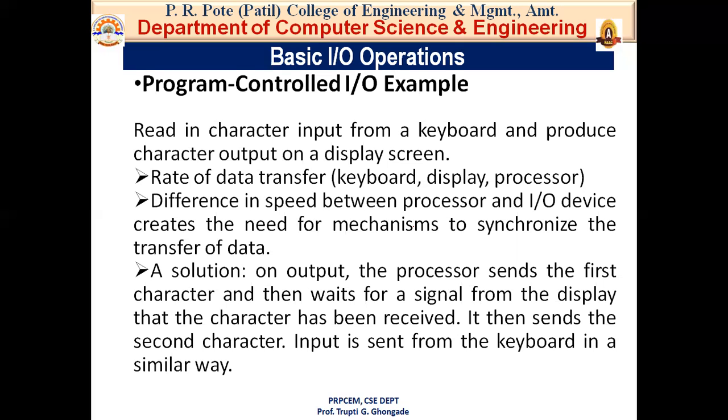In today's lecture, there are two new terms: program controlled IO and memory controlled IO, which are also called IO mapped IO and memory mapped IO. We have a separate topic related to memory mapped IO and IO mapped IO, which we will discuss in detail in later lectures. But right now, just understand that to perform these input output operations, we need the help of program controlled IO.